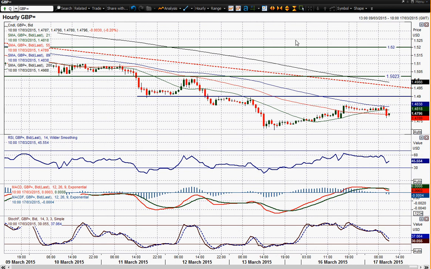Now, the big caveat obviously is the FOMC meeting, and that is tomorrow. But in front of that, if you want to trade in front of the FOMC meeting, then I think this rally